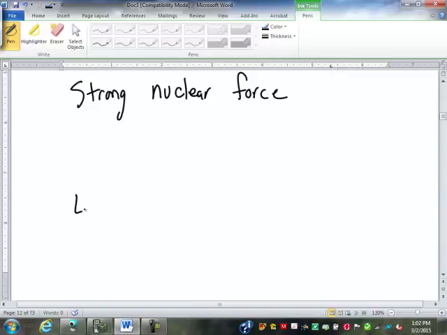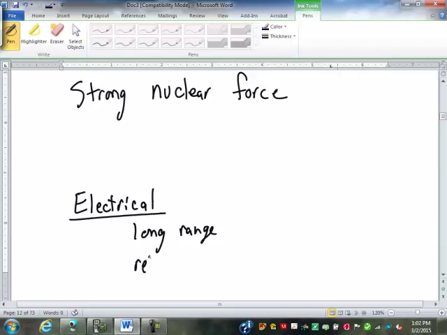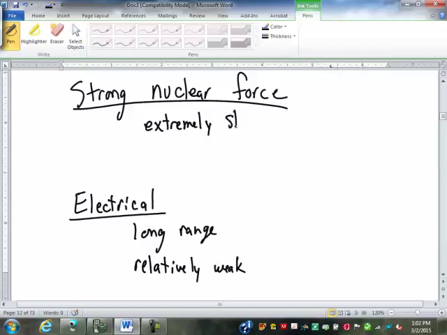Well, electrical forces have a long range, but relatively weak. Now you might be thinking, I've seen some electromagnets or electrical fields that are extremely powerful. Yeah, that's true. But I'm talking in comparison to the strong nuclear force. The strong nuclear force has an extremely short range. But it has an extremely